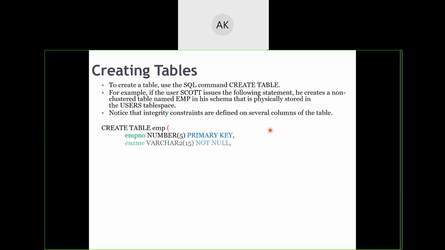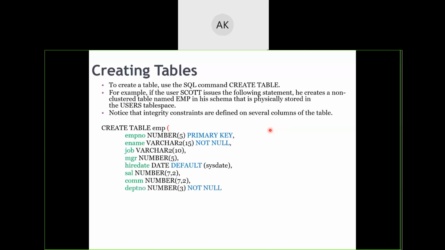You are already familiar with creation, but here I have kept this example to show you some more details. For example, I have included a primary key. I wanted employee number as a primary key, so after the data type, with a space, I have mentioned the keyword primary key. Similarly, for the e-name, I did not want it to be blank. Everyone's name should be there, so I kept a constraint called not null. Even primary key is a constraint. Any condition is called a constraint. So what is the condition that I have kept here?